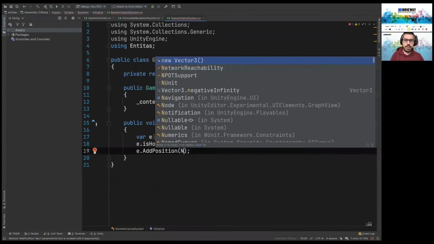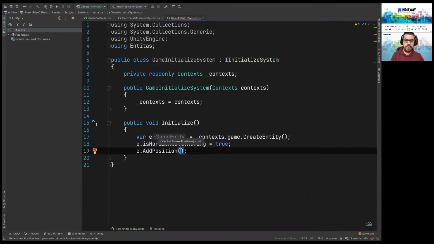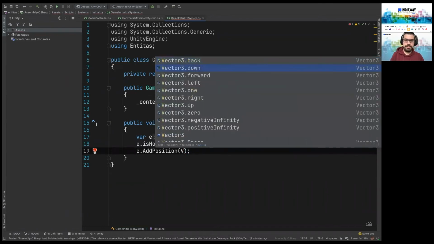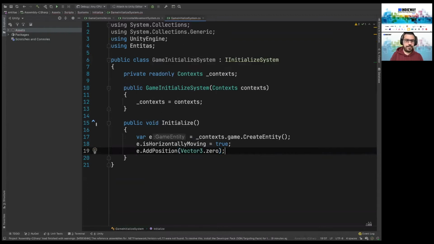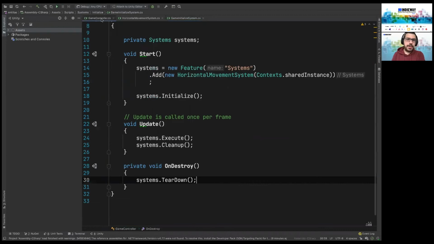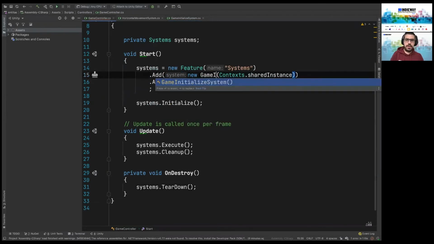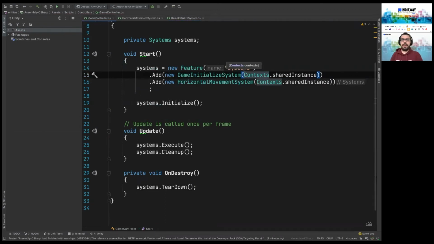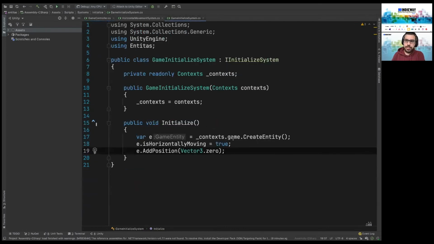This is like adding a position component. Okay. So we need to add the systems, initial systems. Initial system will work now.